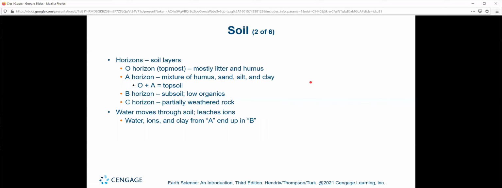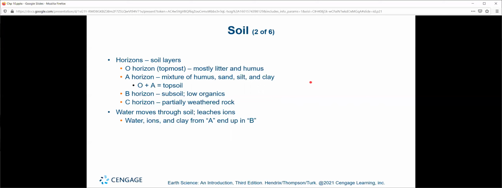Below, as we leave the A horizon, we start to run out of the organic components, and that's where we enter what's called the B horizon, your subsoil. Trees can get this deep, they'll be fine, but plants don't, because you run out of nutrients at that point. You're not having the wealth of variety of water and dead bugs and dead trees and stuff like that to provide you with the sustenance you need for plants to live. Once you get beyond that, you can drop into what's called the C horizon, which is essentially getting more into bedrock than soil at that point.